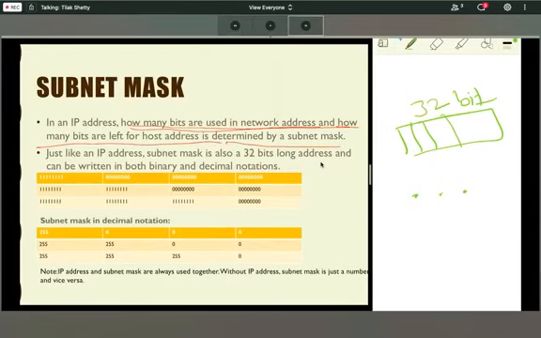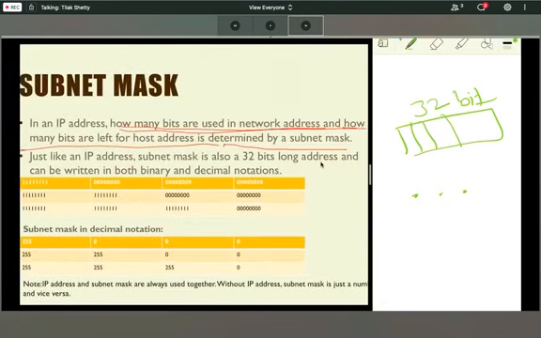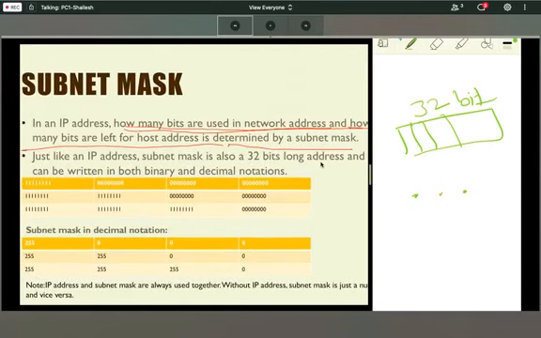So then subnet mask and IP address both are the same, is it? No, both are different things. See, your first name and your last name belong to each other, but both are not the same.